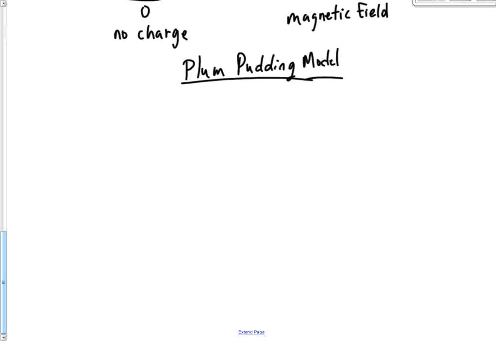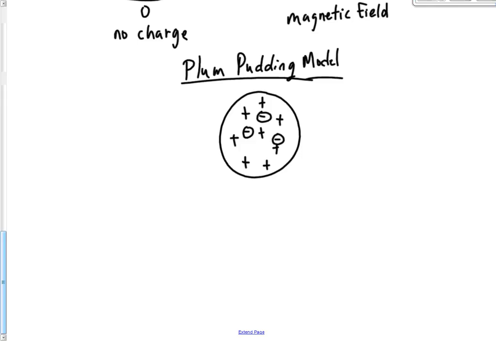Okay, basically what it is, an atom is a nice solid circle. Okay, a nice solid ball, and it is just a big ball of positivity. Okay, just a ball that is mainly positive, and then interspersed in there, you've got these negative electrons. Okay, these negative electrons are just kind of in there somewhere. It would be more today would be